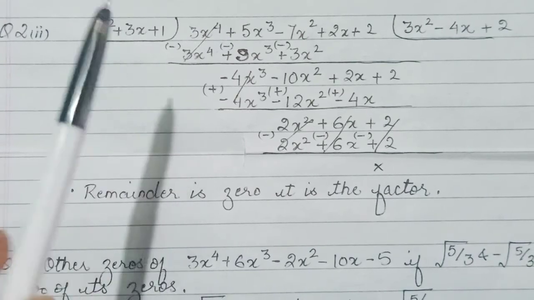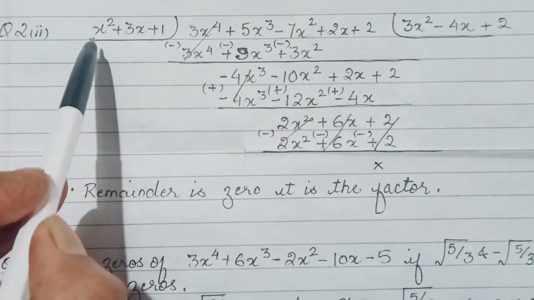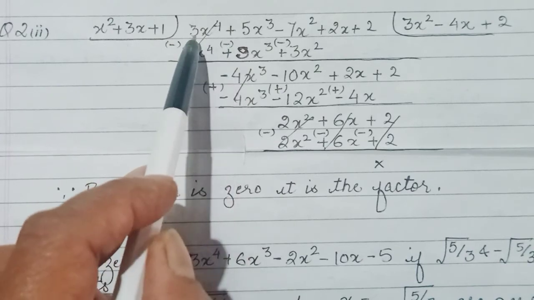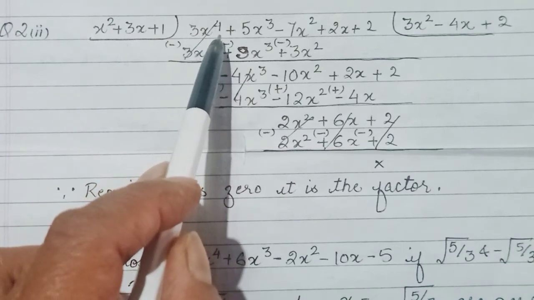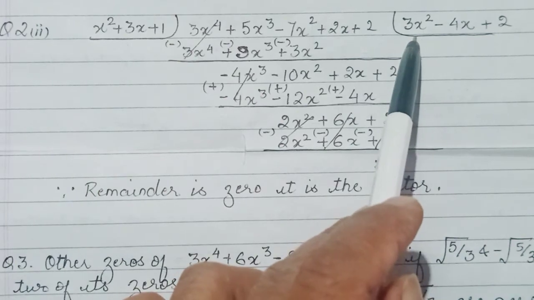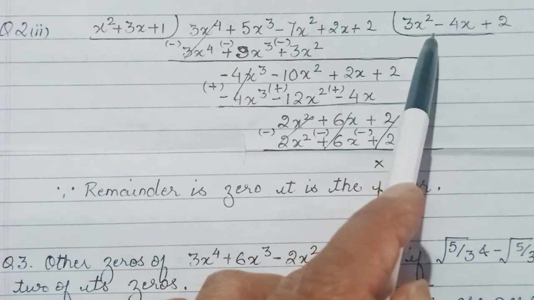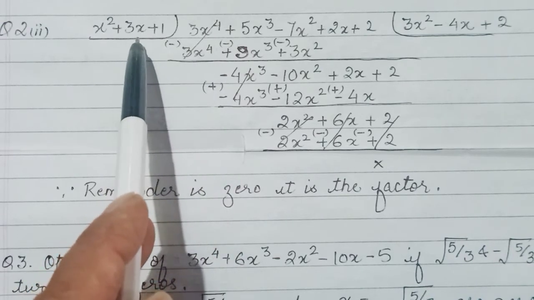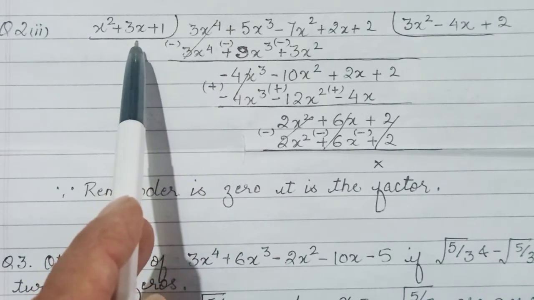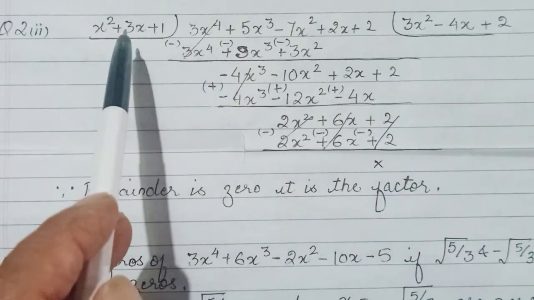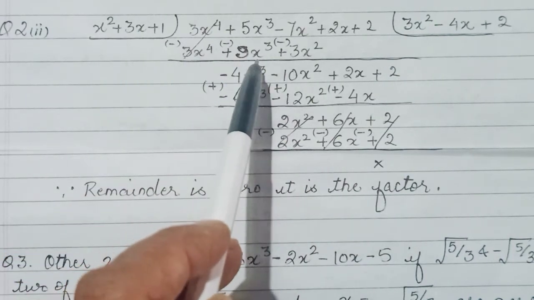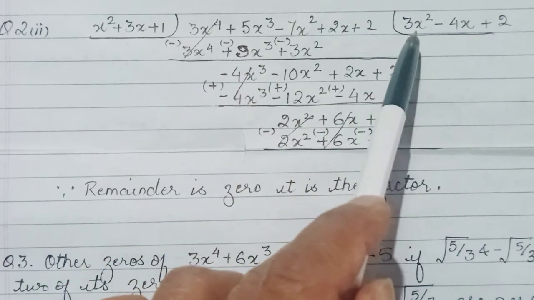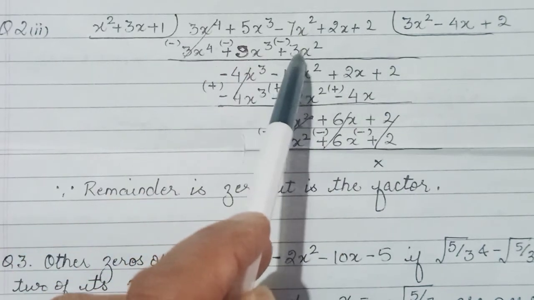Okay, so in this example that I've taken here, x square was to divide the highest power here, 3x to the power of 4. So you need a 3 and you need x squares more. So first we'll be dividing it by 3x square, which will give you 3x to the power of 4. Then if you multiply with the next term, that gives you 3 into 3, 9x cube, x square into x. So 9x cube, below x cube, there was x cube there as well. Then 3x square with 1 gives you 3x square.